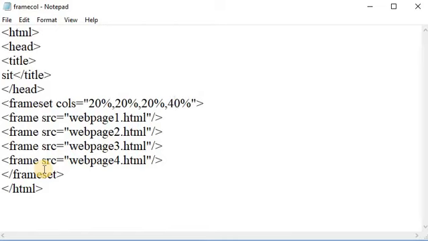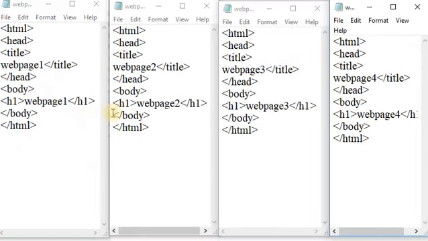After that, first of all create webpage 1, 2, 3 and 4, and after that run this main HTML document. First of all, here I am creating the 4 files, that is webpage 1, webpage 2, webpage 3 and webpage 4, and passing these sources to the main HTML file in a frame tag.